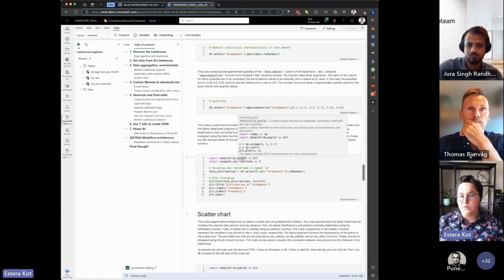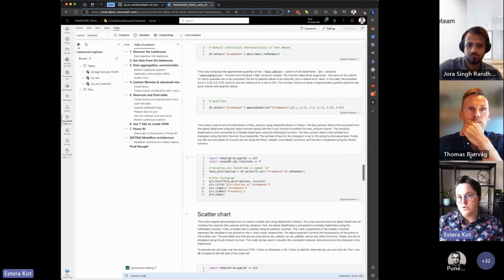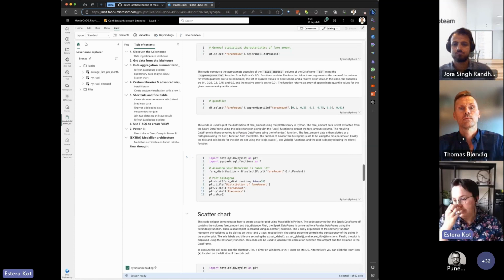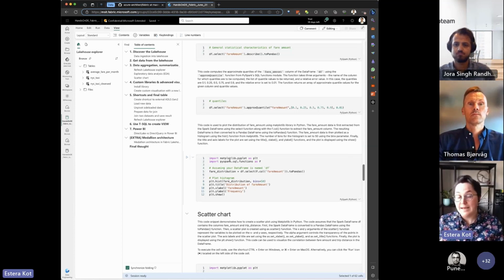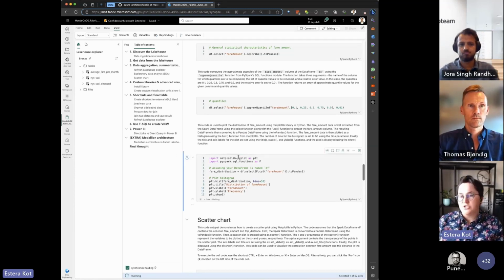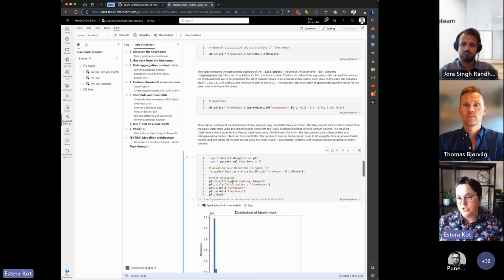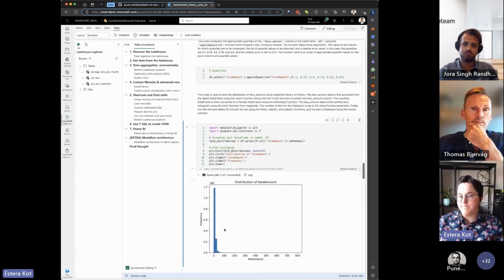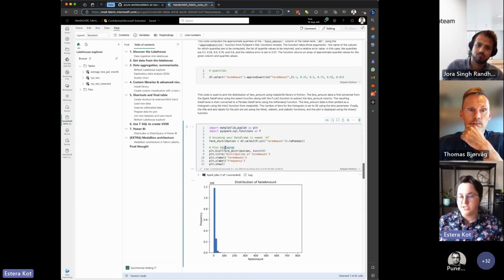Some of you will use Power BI. Some of those closer to data science will use the Matplotlib library, and again, it's built into the runtime. Once you've loaded the data frame, you can visualize it. It's part of the runtime and available for you. Just import it and draw the chart.